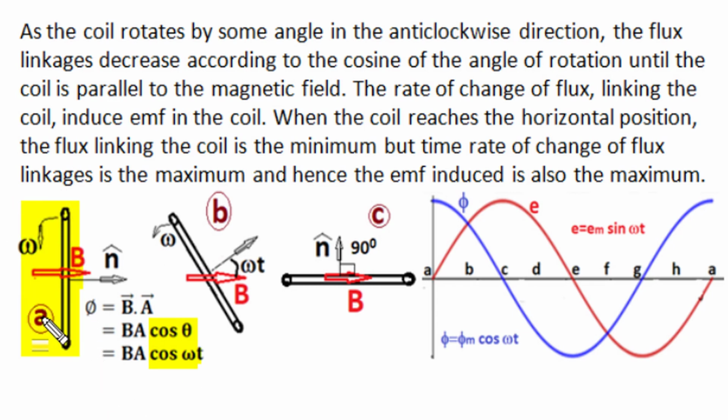So this rectangular loop at initial position A has maximum flux linkages, and as it rotates in the anti-clockwise direction with constant angular velocity, the area vector makes an angle omega t with time, and this dot product of the B magnetic induction vector and the A area vector, with the cosine of the angle between the two, omega t, becomes a cosine function of time as BA cos omega t. As shown in this blue wave diagram, as per the cosine of the angle between the B vector and the area vector, due to this rotation of the rectangular loop, the magnetic flux linking to the loop decreases as per the cosine relation.